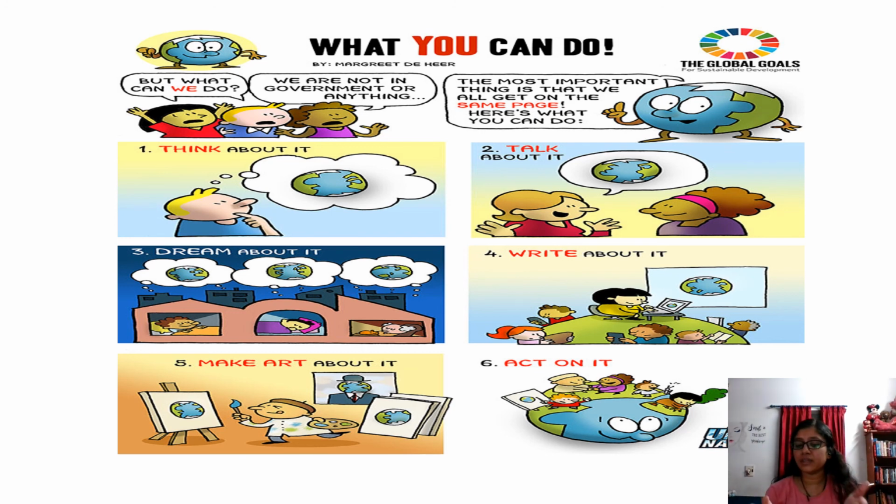For example, if you are choosing the SDG goal climate action, you can start to have a small garden. You can plant trees. It will add a benefit to the earth. It is good for you also. You can breathe fresh air. So start doing that. These are the things that you can do to save this earth from all those 17 problems, because you are the future. You are going to live on this earth. So the world in the future should be very good for others also, isn't it? So we have to solve this. Definitely we can be together and we can solve this.